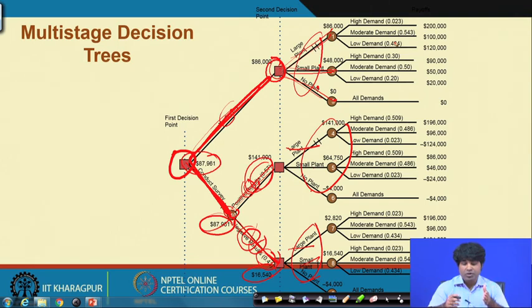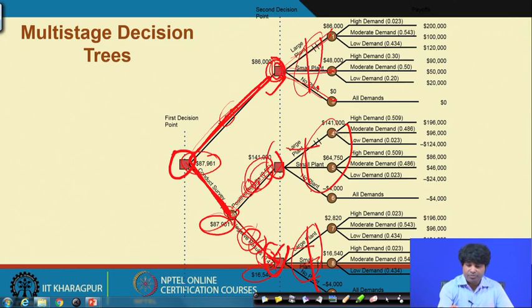Then, after the end of the first decisions, we have 3 different nodes to extend further. These nodes can again be applied under 3 different situations, that is large plant, small plant and no plant. So against the 3 different nodes we have 3 cases each, ultimately giving 9 different outputs here, and in each case